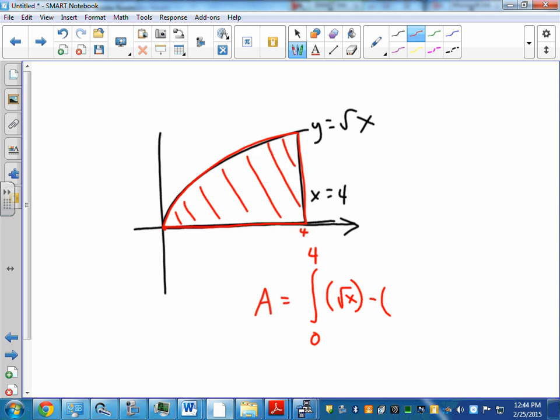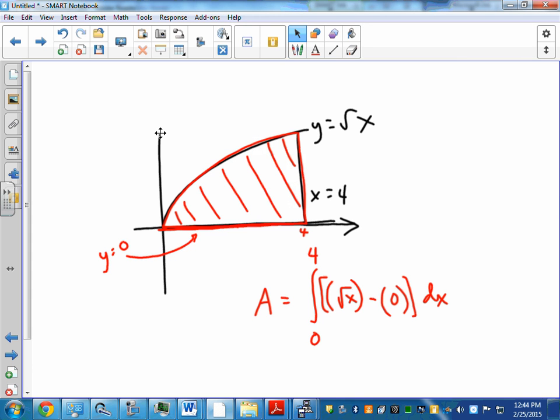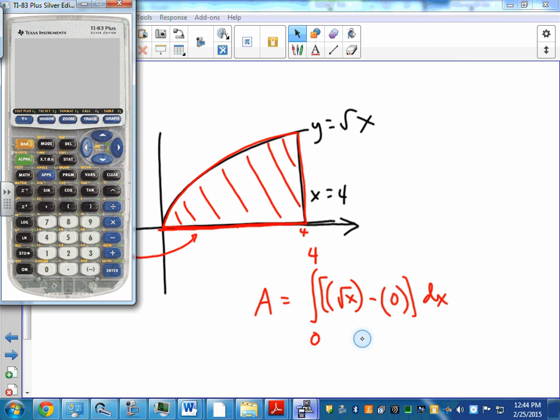The bottom curve is this line, right? And this line happens to be y is equal to 0, so we're going to subtract off 0. So that gives us our integrand, and we're integrating with respect to x. Once we're done, we could actually go to the calculator and get the answer. So let's just pull up the calculator and clear all this off. Math 9. We have the square root of x, comma, x, comma, 0, comma, 4, enter. Okay, so 5 and a third,